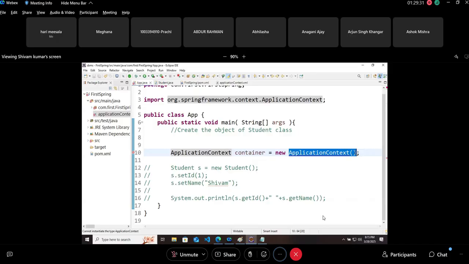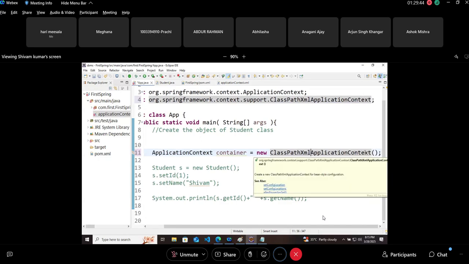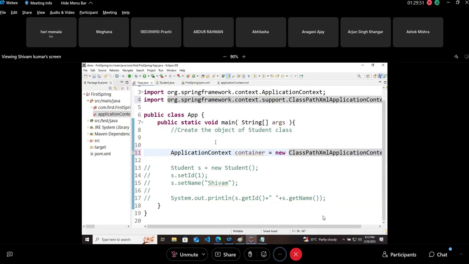For giving the path, we should attach some keyword before it. That is class path XML. What we have to do? Class path XML, that there is a XML file in my class path. Now just declare that path. So here I will do that string path equals to, where is your XML file?